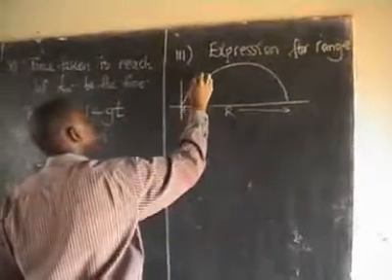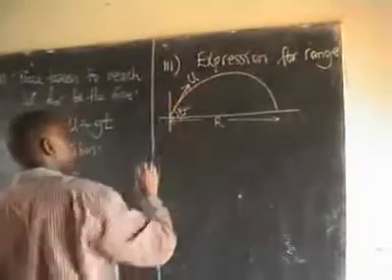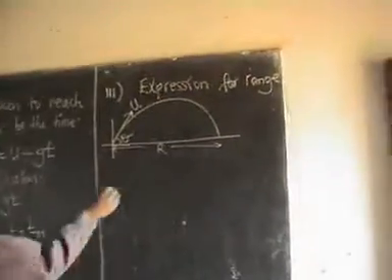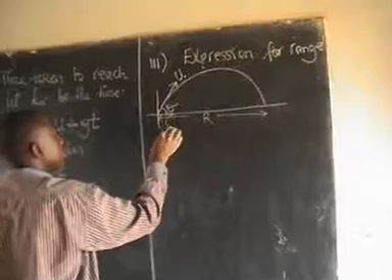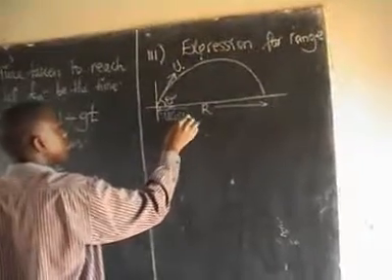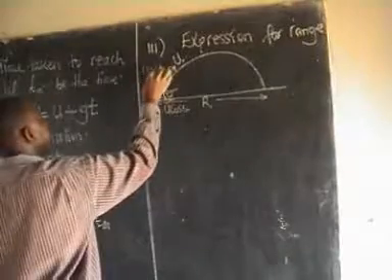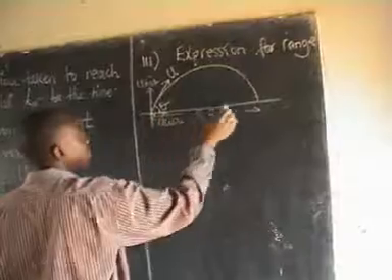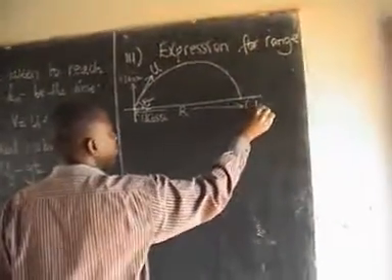So if our body is projected at an angle theta, we shall have our horizontal component of u, which is u cos theta, and the vertical component is given by u sin theta. So if the time taken to move from here up to there is tf,